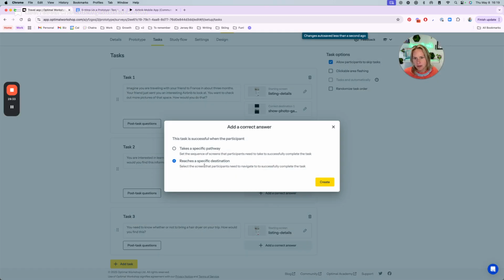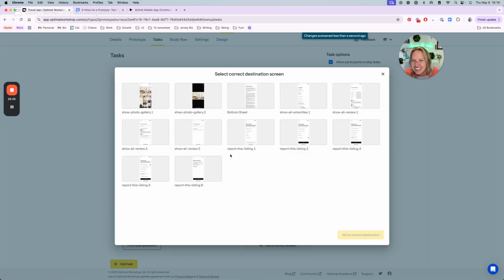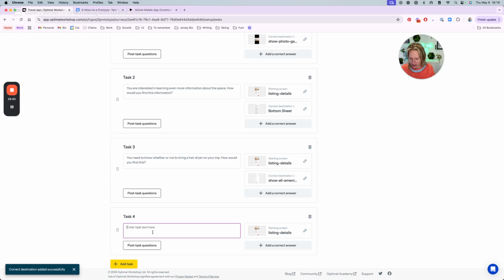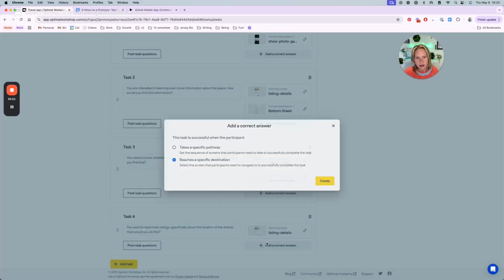And again, there we go. And then finally, you want to read more ratings specifically about the location of the Airbnb. How would you do this? And then we have our